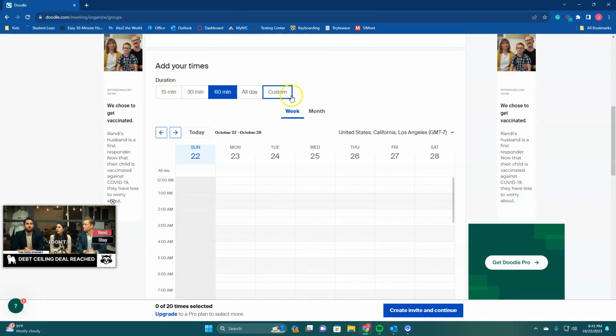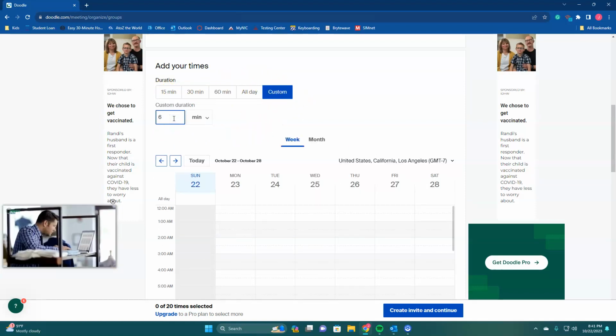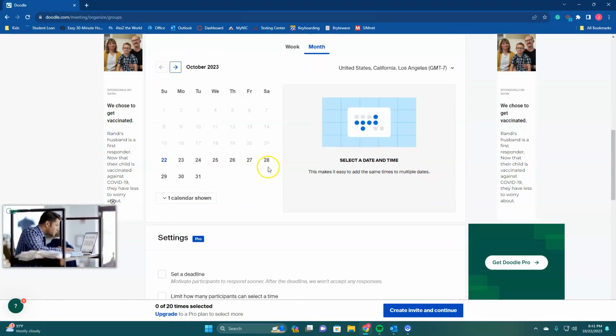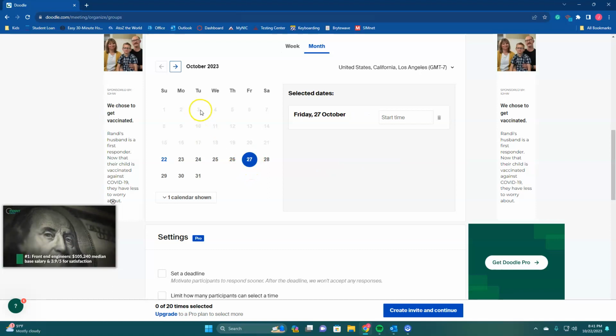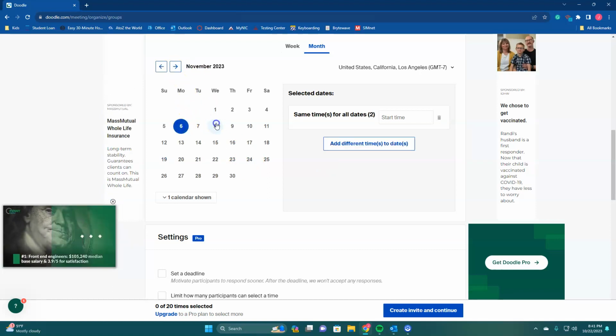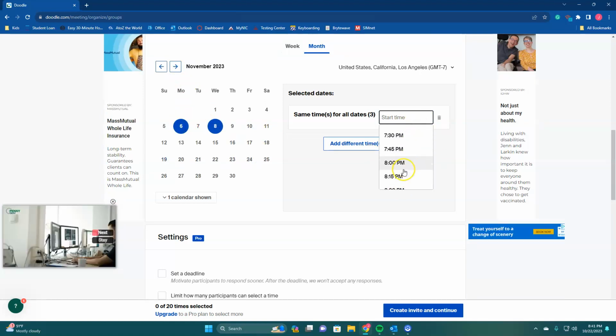You get to choose what your time duration is here. We're going to go with the custom and do 45 minutes, since that's plenty for a staff meeting. And I'm going to give them multiple options on this one, and I'll show you a different way. So for this one, let's say a Monday or a Friday of this month, or Monday or Wednesday of next month. And then I can say